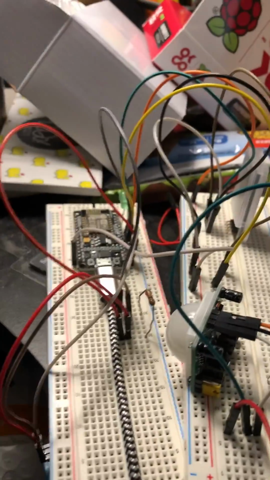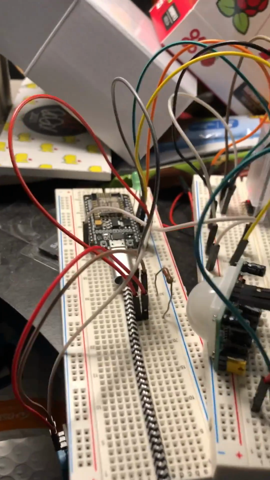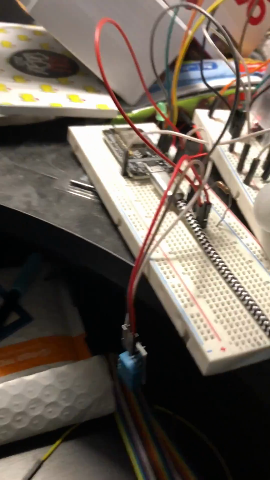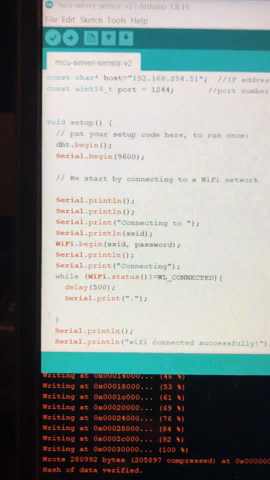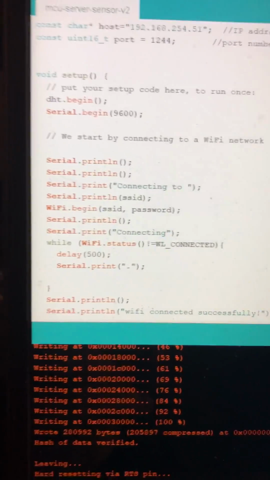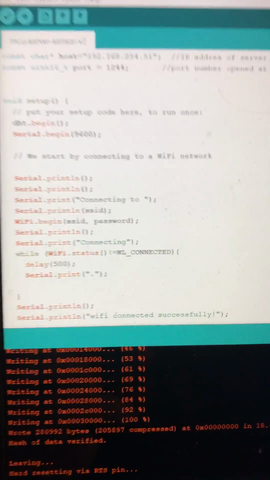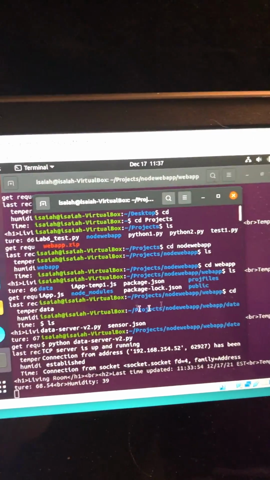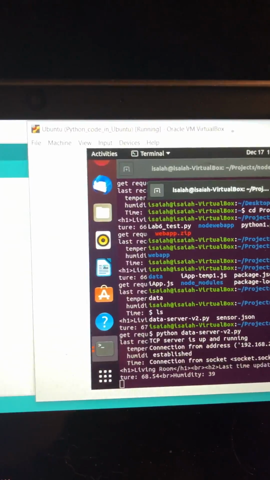So here we have the microcontroller circuit. Here is a microcontroller right here, and here's a DHT-11 sensor. We can code the microcontroller to take the data from the DHT sensor and send it to this Ubuntu server, the data Python server, and then we can